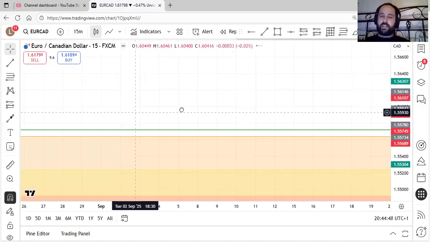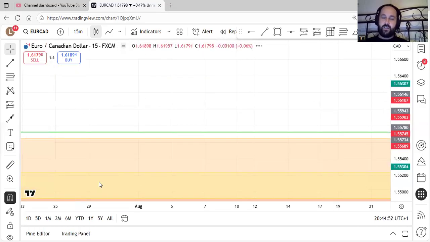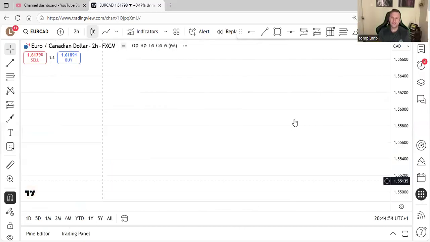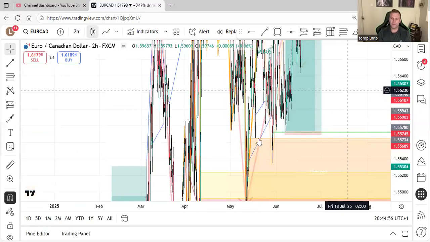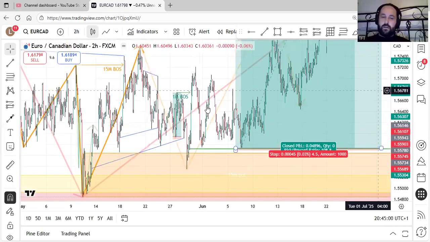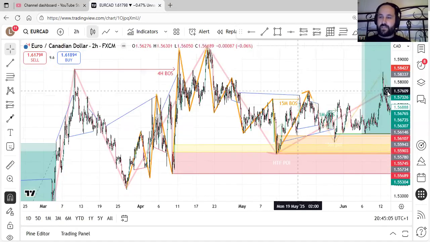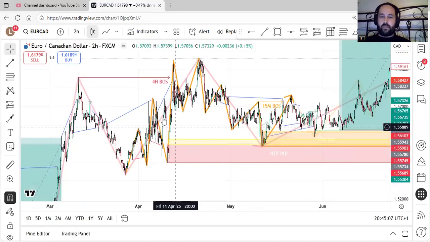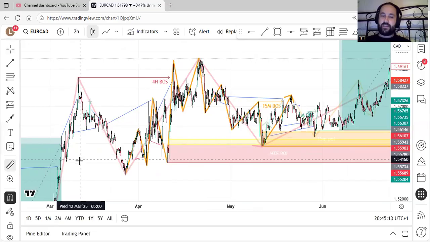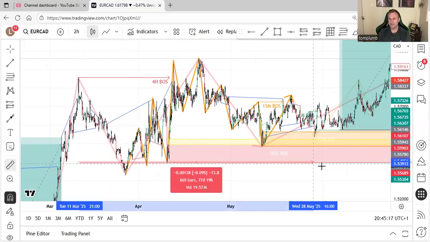So this is like mega patience needed for this strategy. The thing is, if you're only watching a few instruments, then you can wait a while for this. From start to finish, it's months in. Obviously it first breaks the high well over here. But this is why I manage like 30 odd pairs. If you're looking at four, your trading is going to be very limited.